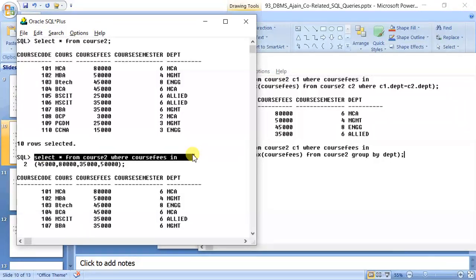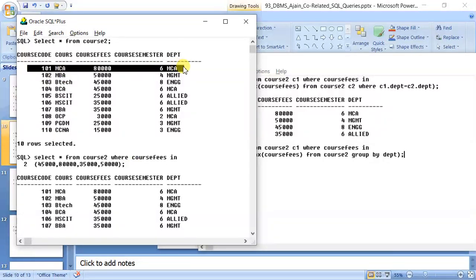Now this outer query will work one by one, every time, for these records. It means that first Oracle will point to this record and it will match whether this course fees value lies in this set. It will say yes, it will go.